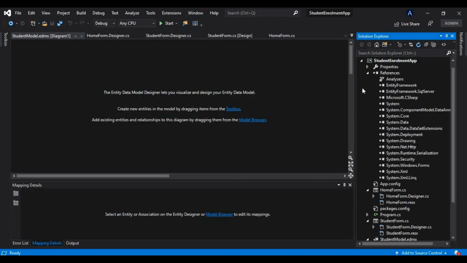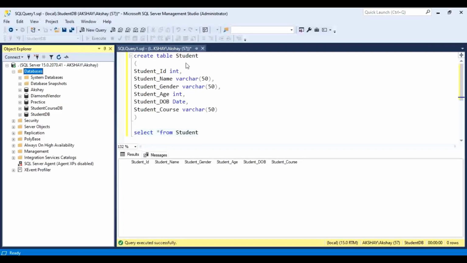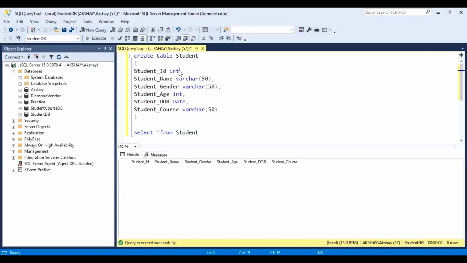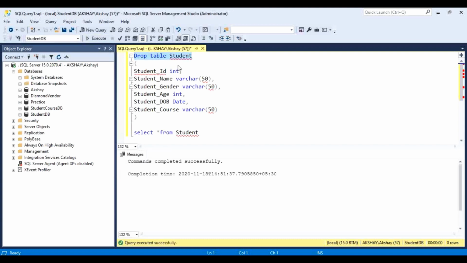Okay, so for some reason it has not generated the model here, and yes, I have made one mistake here. We have not created any primary key here. So first of all what I will do, I will drop this table from here. I will drop this table student, execute that query, and again we will create it.